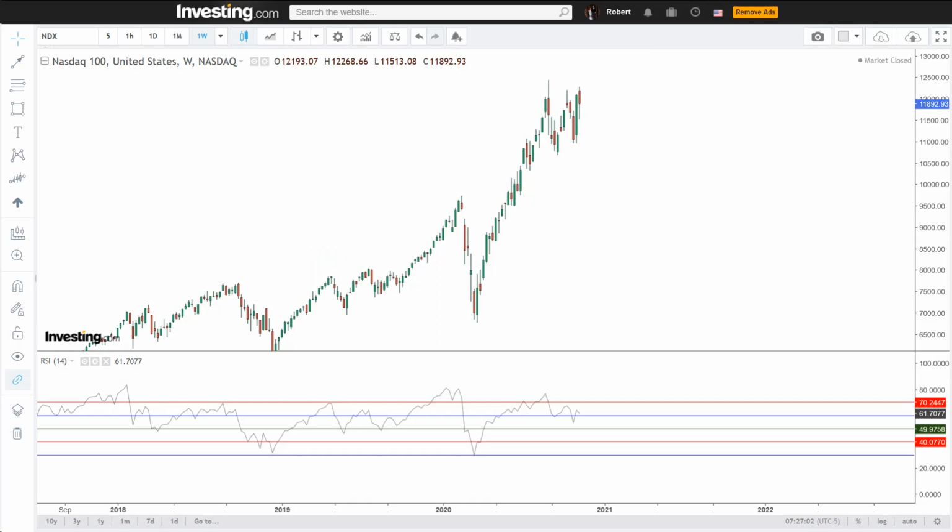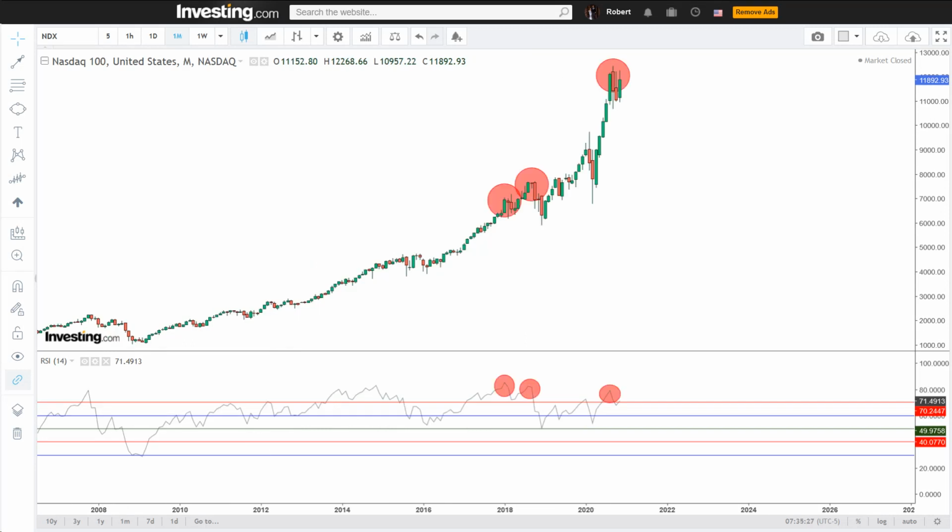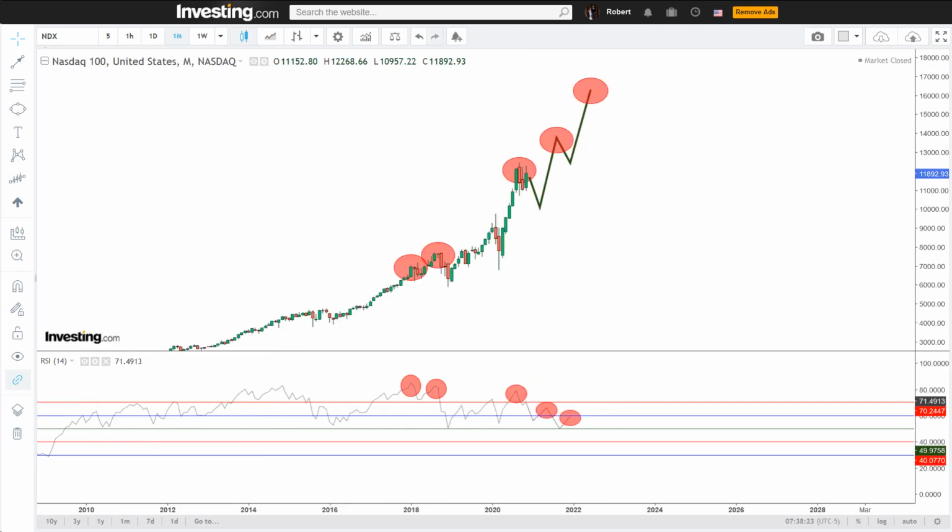Now, so far we have a 3-point bearish divergence on the weekly, and this also applies on the monthly chart. And the further this goes on, the more of a rubber band effect it will have on the price once it breaks, especially when they occur on the weekly and monthly time frames. This on its own would make perfect sense, as it would signify a blow off top and the beginning of